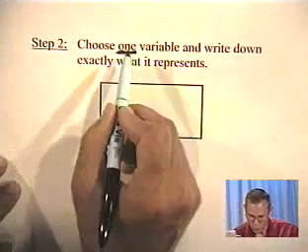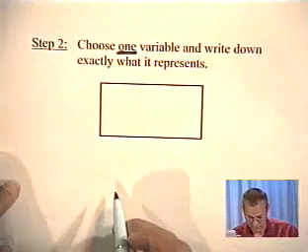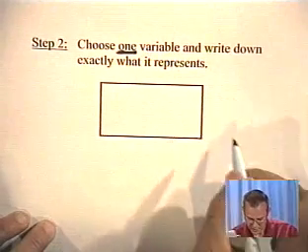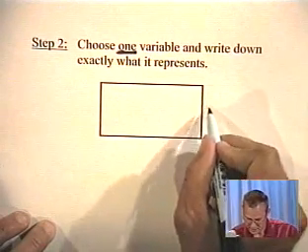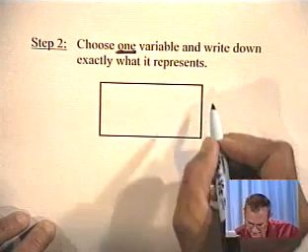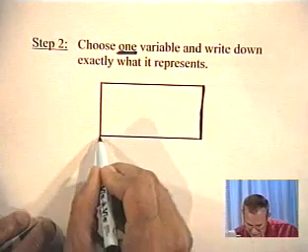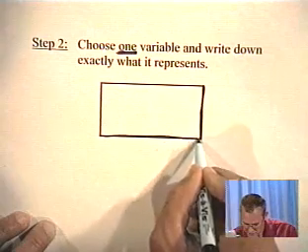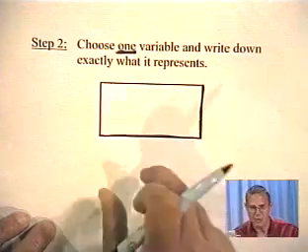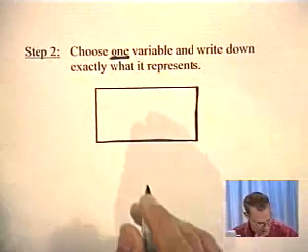We want to choose a variable that describes the width, and we'll find a variable that describes the length. Now each variable has to be the same though. Okay, remember,